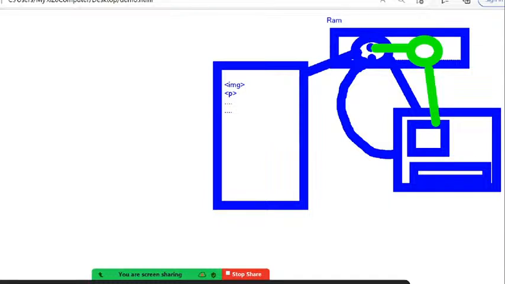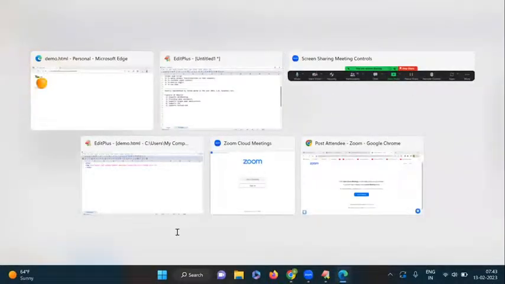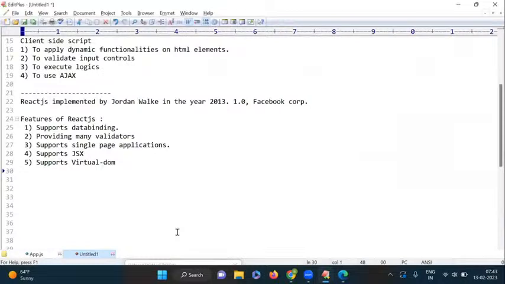Is this clear? Yes. So that is a very, very useful concept for us. Suppose virtual DOM: how it is working completely, I will show you once again. So that is a very big advantage for us. Okay. Next one here,